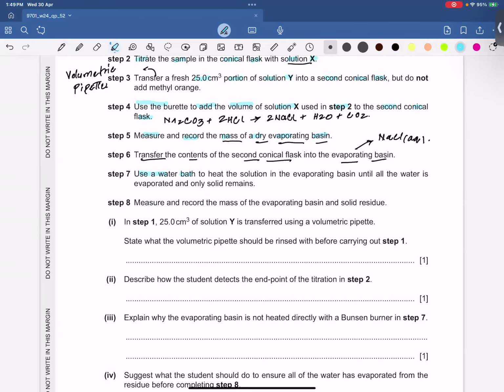Use a water bath to heat the solution in the evaporating basin. Why are we using a water bath instead of direct heating? So if we use direct heating, it can cause